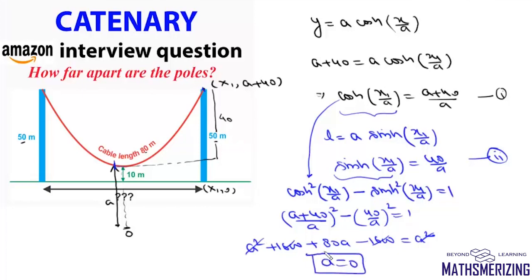Now the problem is, if we put a as 0, we'll get the equation y equals 0, which is not a catenary. Basically, it is a degenerate equation of a catenary. So where does the problem lie in this question? In this question, we clearly know this equation doesn't represent a general catenary, but simply a point, which is y equals 0. Now, if we look at this figure again, how much is this distance?